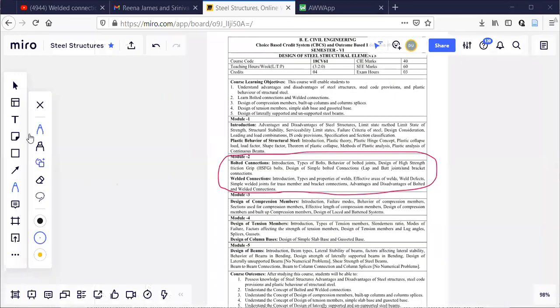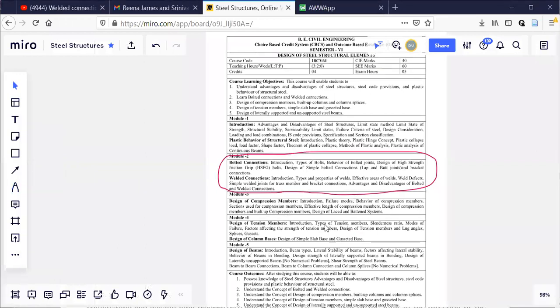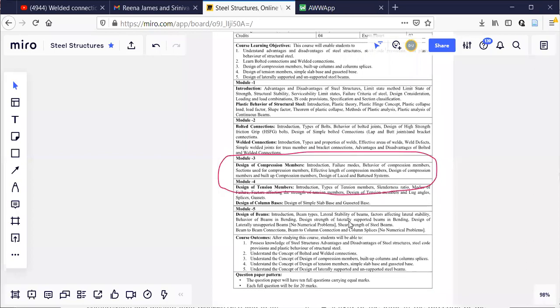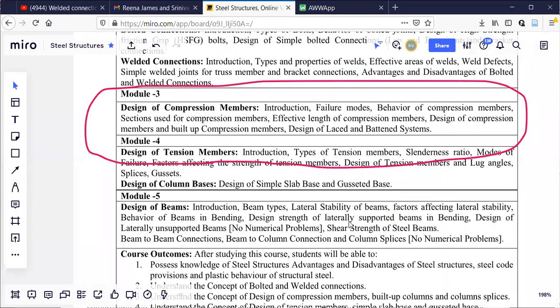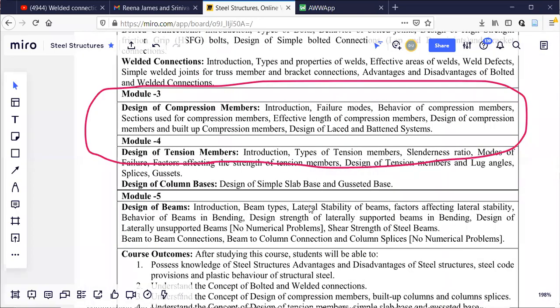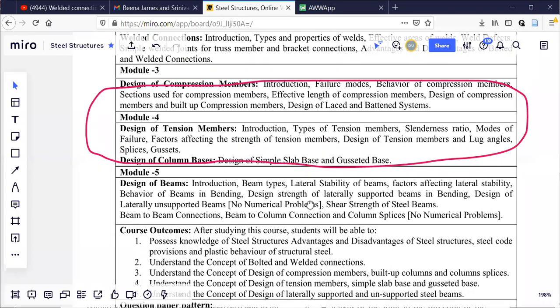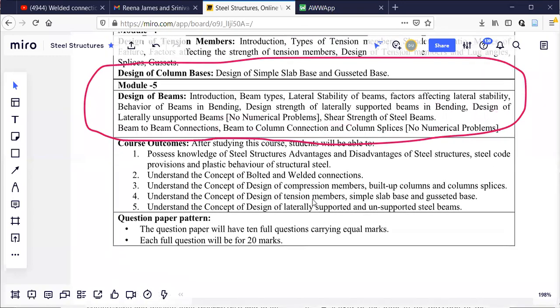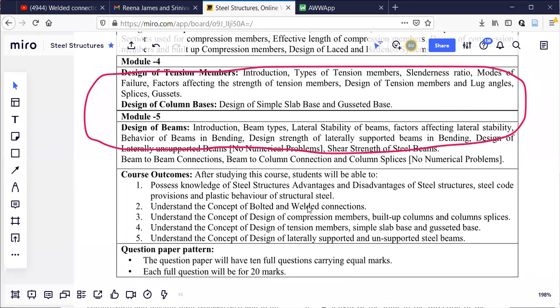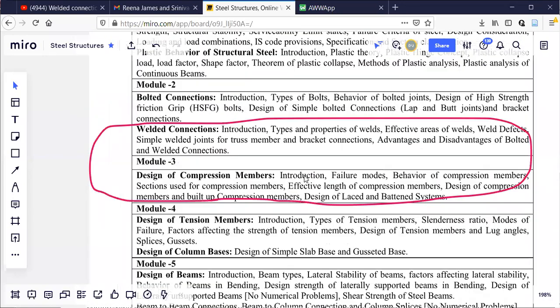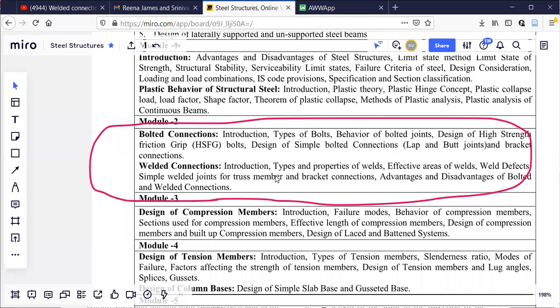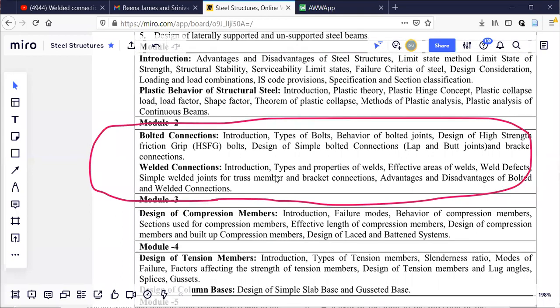See, the next modules are here: compression member, tension member, and finally beams, design of beams using plastic theory. You cannot leave bolted or welded connections. You have to prepare both, then only we can follow the remaining modules.